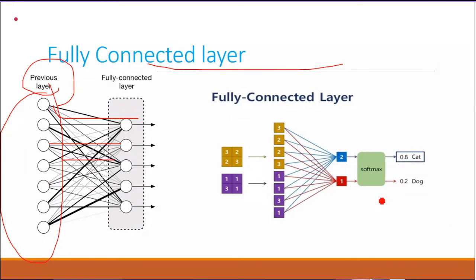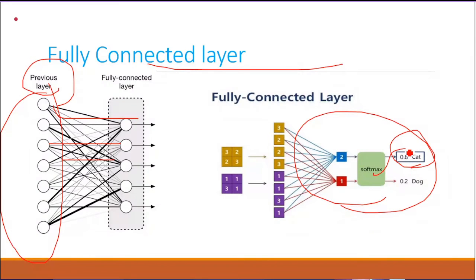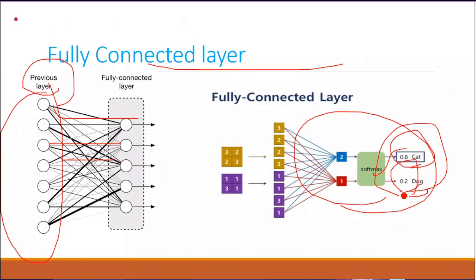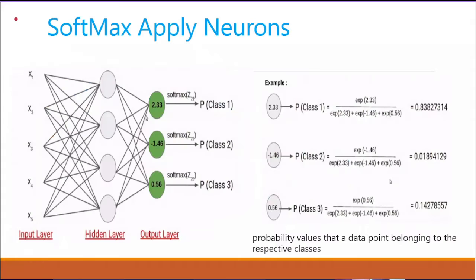Here is an example given as a two-class classification process. The softmax probability value will be 0.8 or 0.2, and I can encode it like this. Then I have to decide how the ranges are provided: if 0.9, 0.8, 0.7 and so on, I have to assign classifications. These are the softmax-applied neurons from the previous layer, that is, from the hidden layer, which I take as input. The output layer then gives a probability value such as 2.33, which can be a positive or negative value from the matrix.